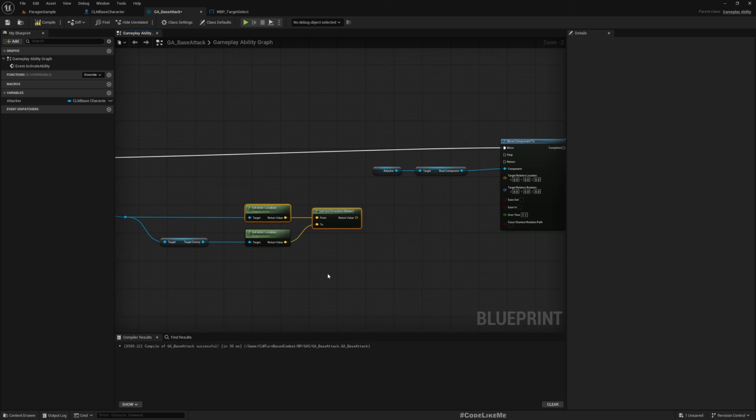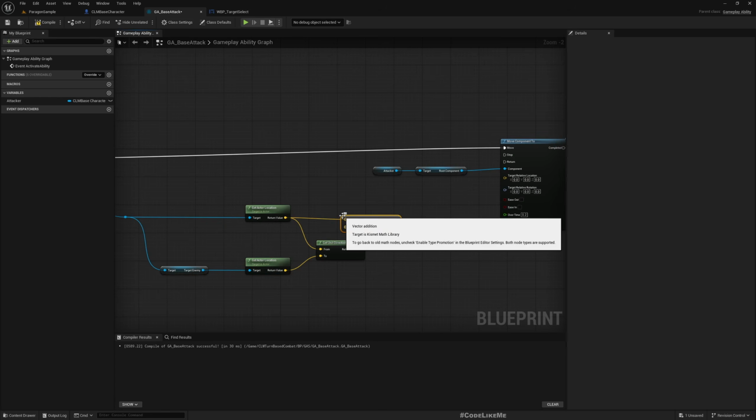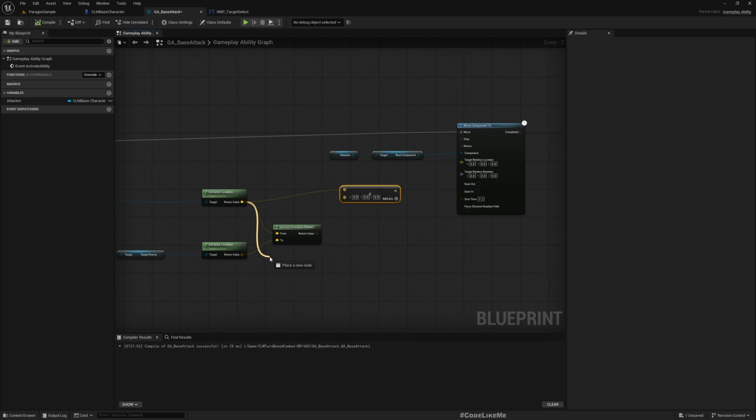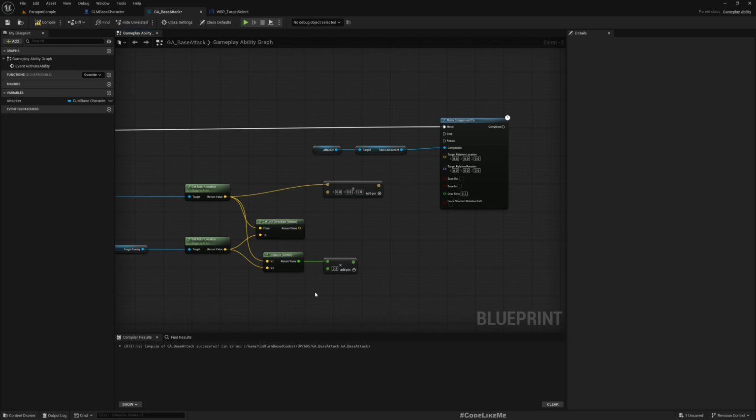Now if I do this, we can calculate the distance from the attacker to target, and let's multiply it by, let's say, 0.8 to make it close enough, and then